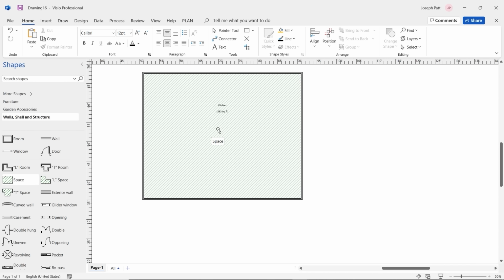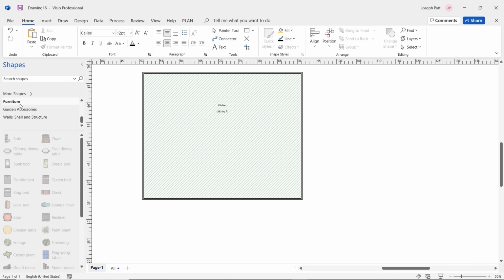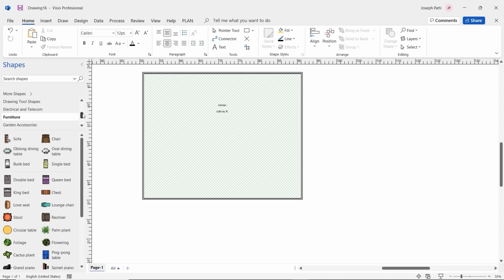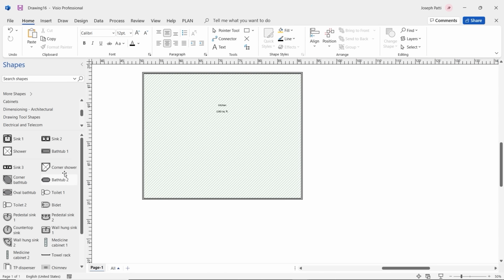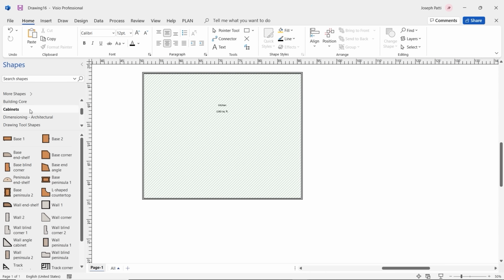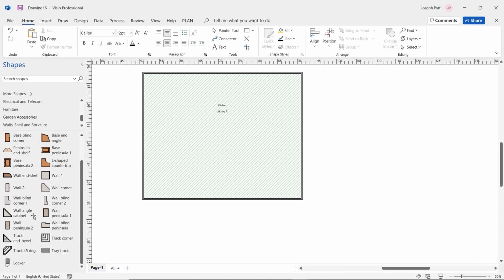So now I can start to put in some of the information, like maybe I want to put in some furniture, maybe some cabinets. So I'll scroll up a little bit. We have furniture, we have bath and kitchen plans, so we have the cabinets, the sinks, everything we need. We have other furniture as well. I'll go into cabinets. And let's say I do want to put a cabinet. Let's do